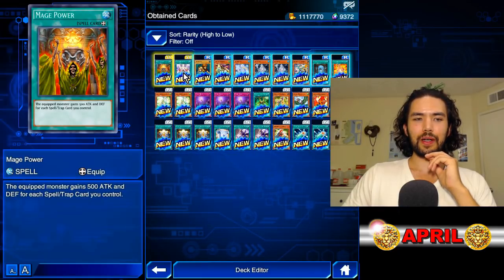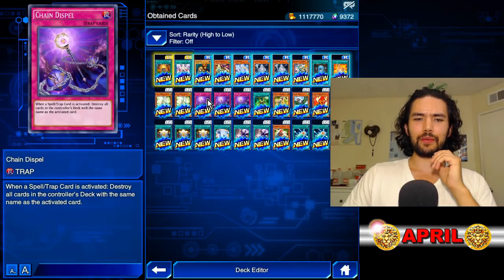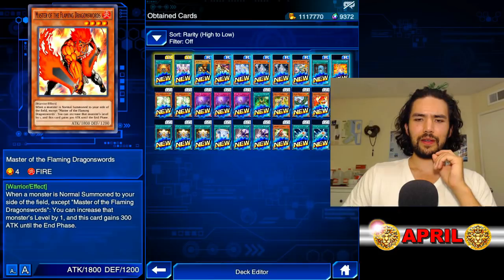Alright, what do we get? We got Mage Power, and we got Spellbook of Life. That's not a great start. Oh my god, we got tons of doubles too. We got 3 Chain Dispels, and we got 2 of this, and...